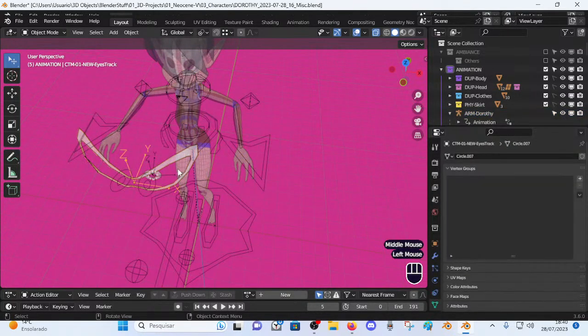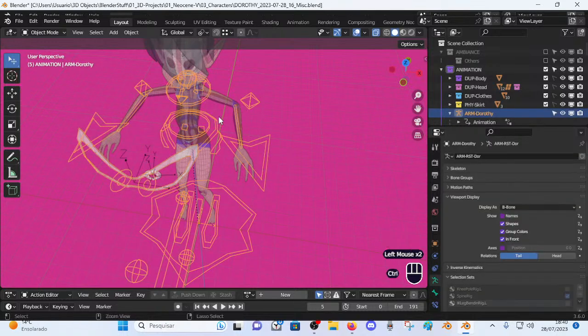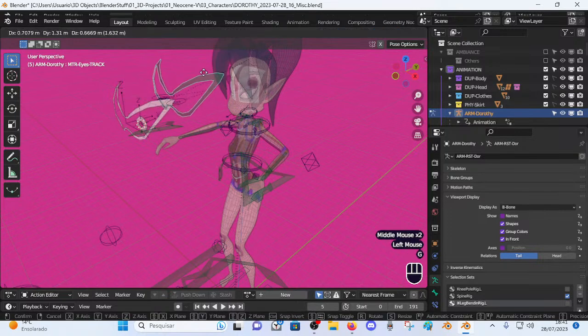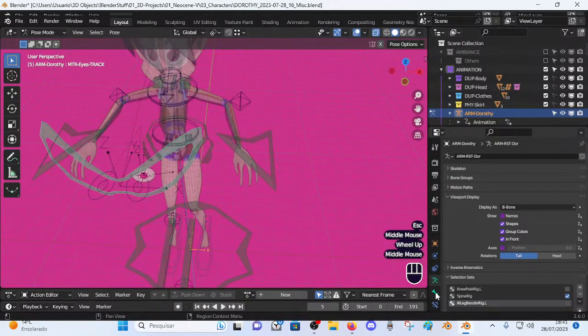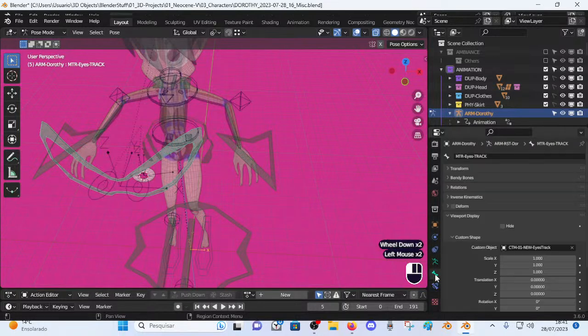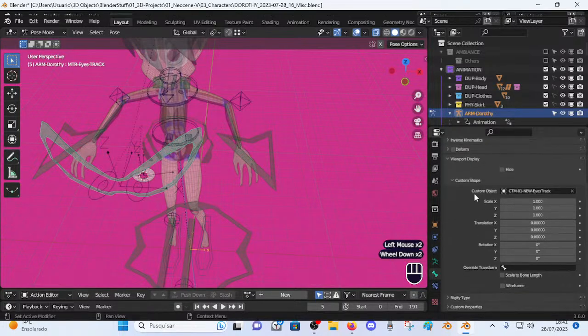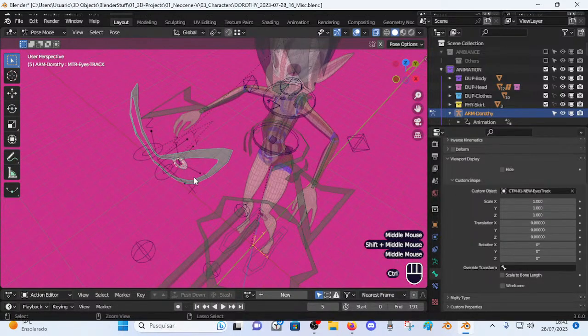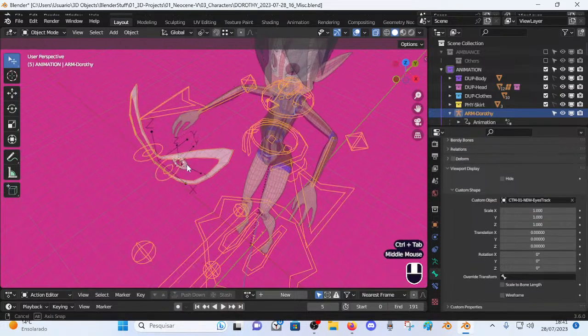So for example, here is the armature. I go on pose mode. We don't see it, but it's here, right? The bone and with its widget, and as you see here on the viewport display custom shape panel, 0 0 0 0 0, all its default scale default. Why that? Because I believe, well, in part because